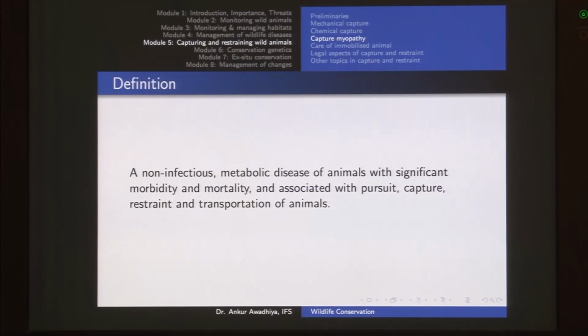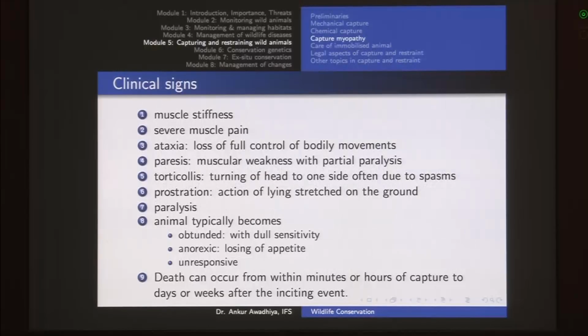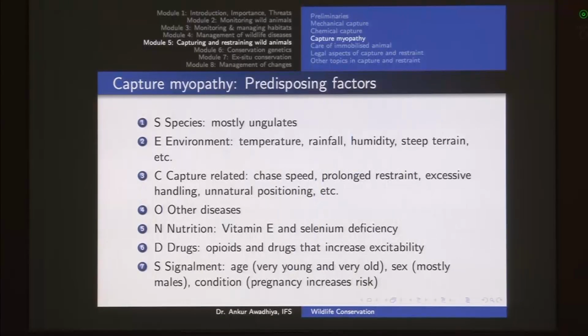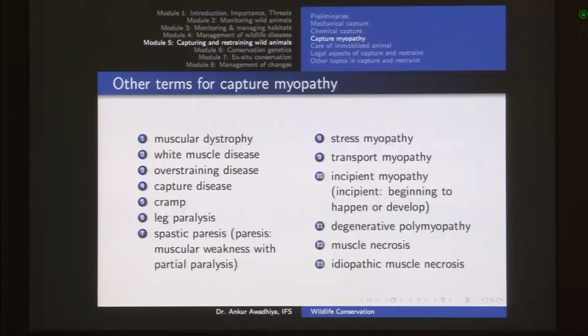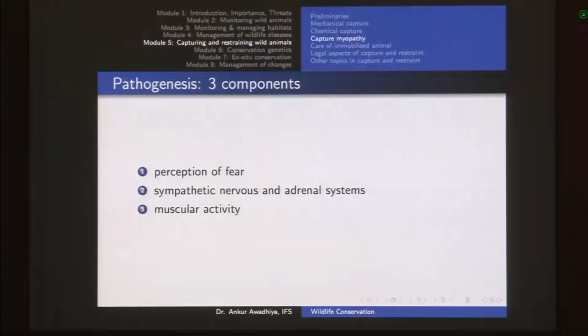Next we had a look at capture myopathy. So it is a non-infectious metabolic disease of animals with significant morbidity and mortality, and is associated with pursuit, capture, restraint and transportation of animals. So these are the clinical signs. We looked at different names that are used for this disease, the predisposing factors, and then in pathogenesis there are